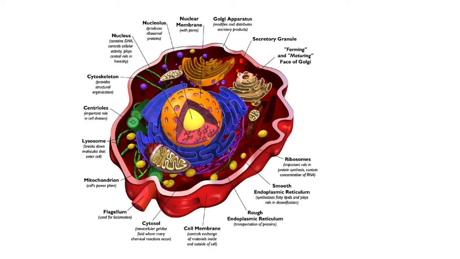For example, if the cell has no fluid, how do these organelles in the cell move about? They can't move about, they can't perform their function because there's no fluid. As a matter of fact, it will shrink the cell. When a cell shrinks, it has changed in its form and function, so the proper function that the cell was supposed to have, it no longer has.